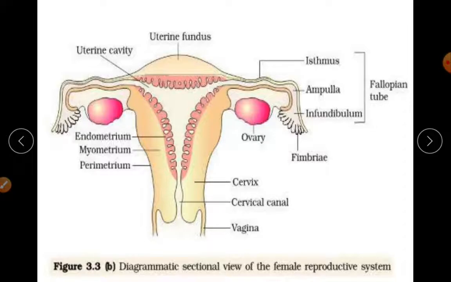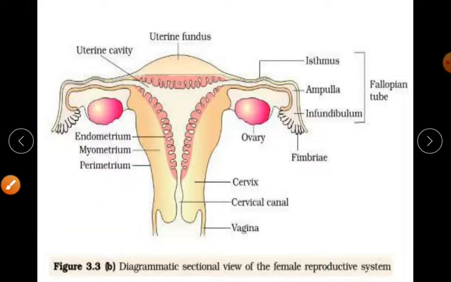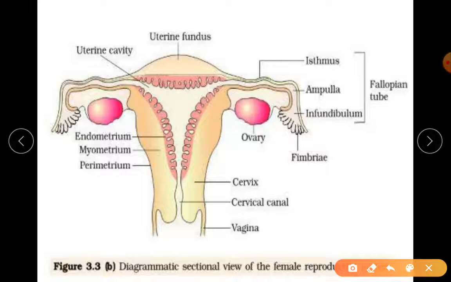Coming to your structure, please remember, this is the diagram that is asked for 5 marks. You have to practice it well and see how the labelings are done. With the scale, the line is shown and it is written neatly, straight it is written. Please do not write this way, and write this way. No, please don't do that way. It is a shabby work. See that you are labeling it straight, either up direction, straight to the lateral sides.